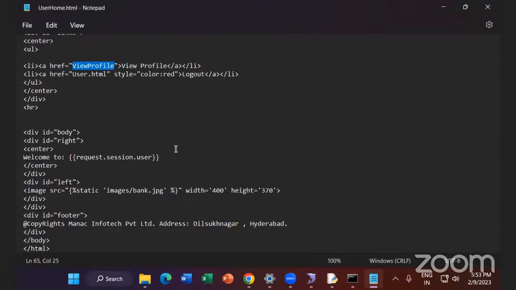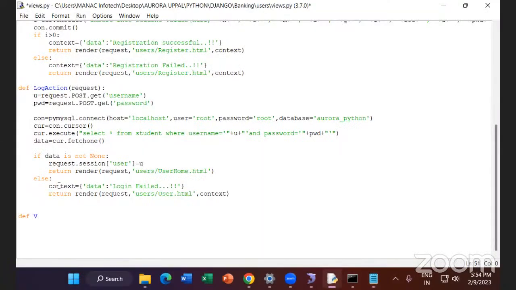View profile. This is the view profile. Request. Okay. Here again need to connect to the first